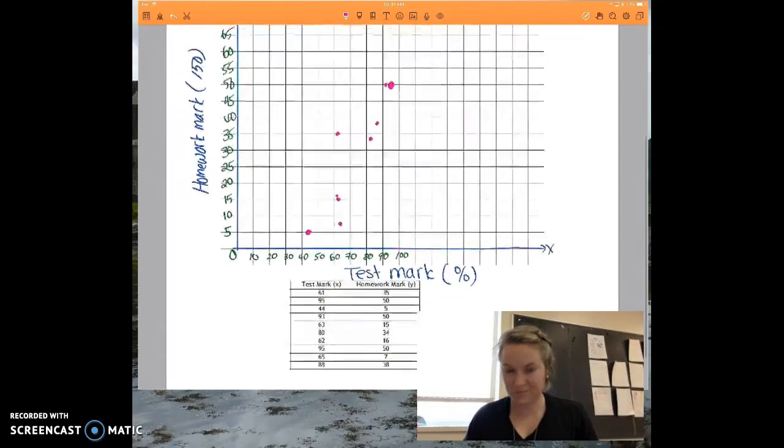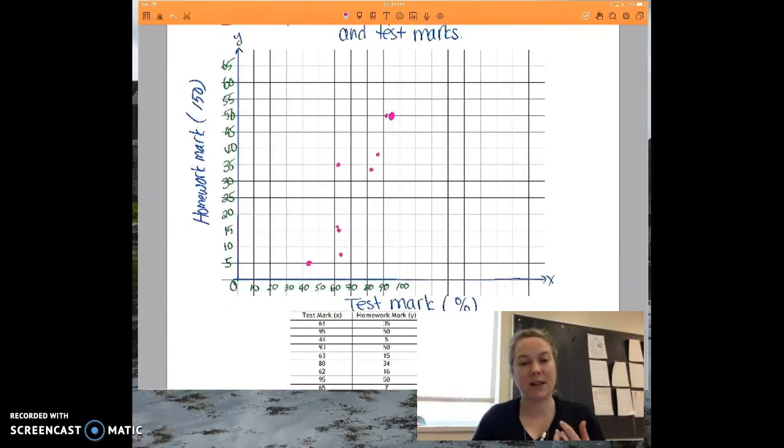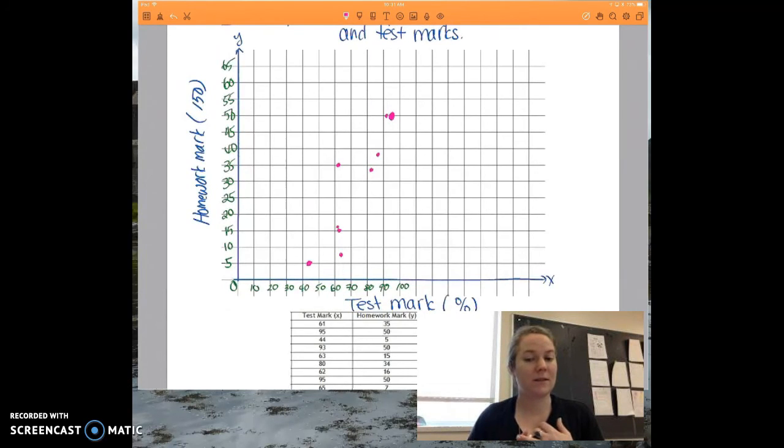There. So now I've graphed all of the data. You can see I have a scatter plot. It has a title. It has axes. It has labels on the axes. It has units on the labels. And it has a scale that goes evenly. So now what could we say about this